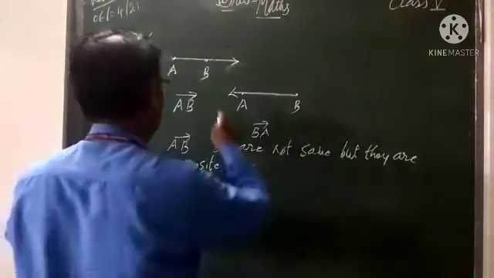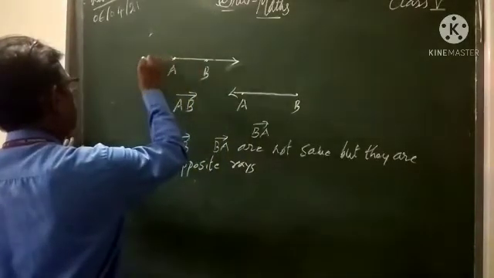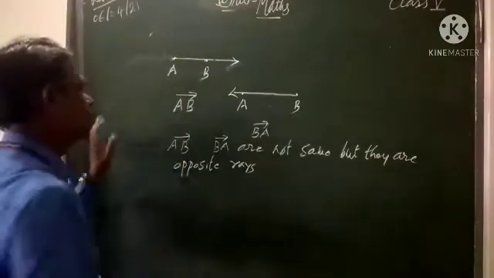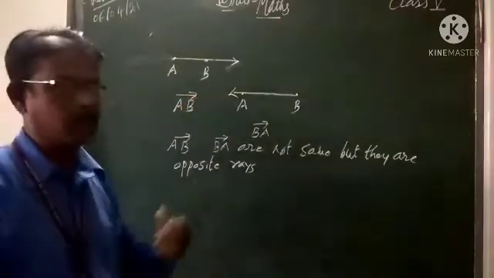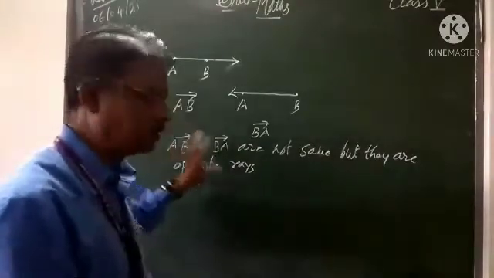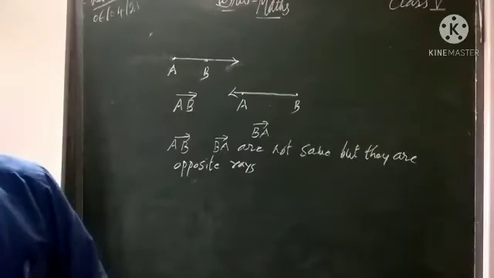Another thing. A ray is also called a half line. If you are coming from this side, it will be a complete line. So from this side I cut it down. So a ray is also called a half line. Understood? So this is the explanation I have given. I hope that you have understood this.